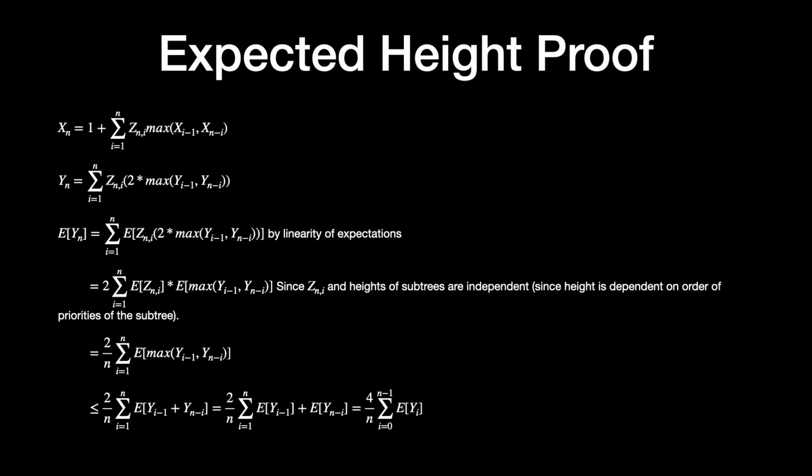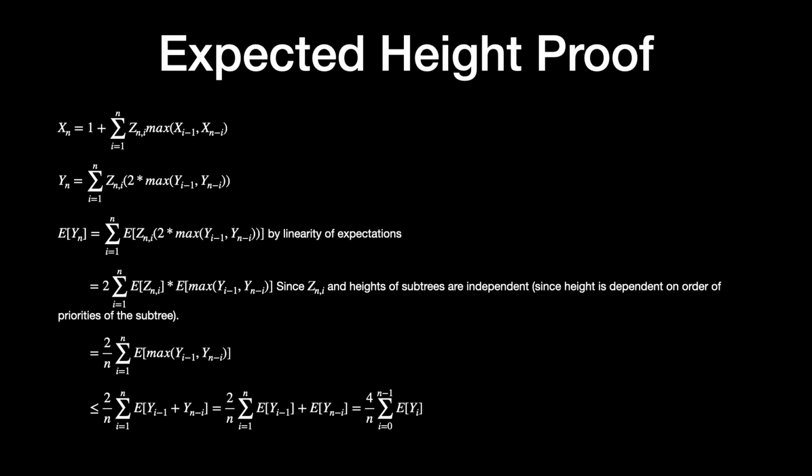Once we have split this, we can simply split the summation too. We can split the summation into summation of expectation of yi minus 1 plus the summation of expectation of yn minus I. Both are equal. Both are basically the symmetric opposites of each other. So we can simply write that as 2 times the summation of yi minus 1. And we can write that as 2 times the summation of expectation of yi from I being 0 to n